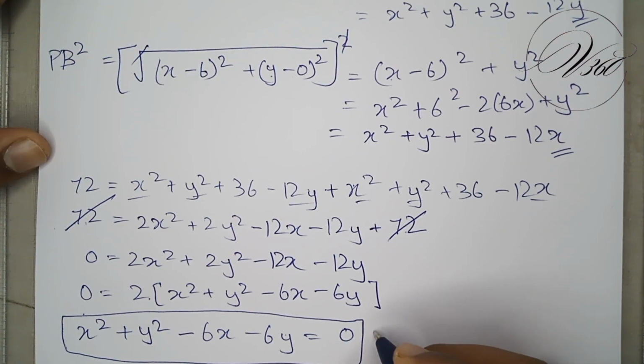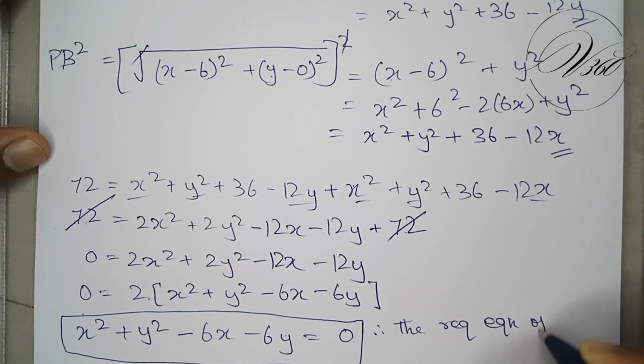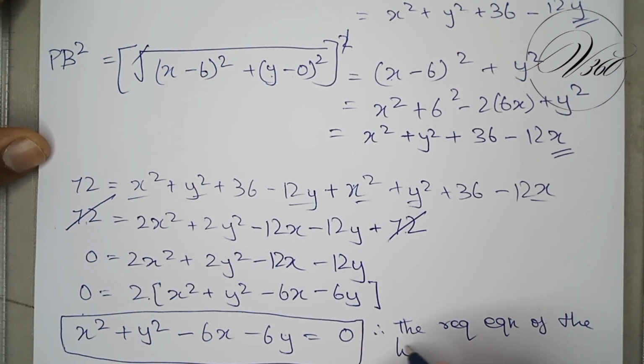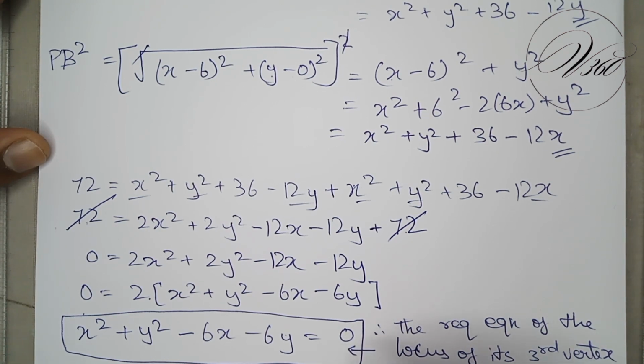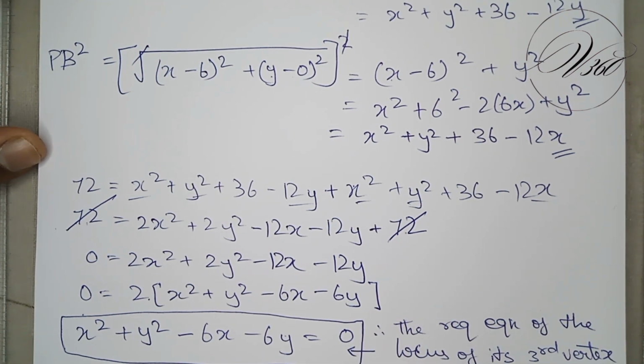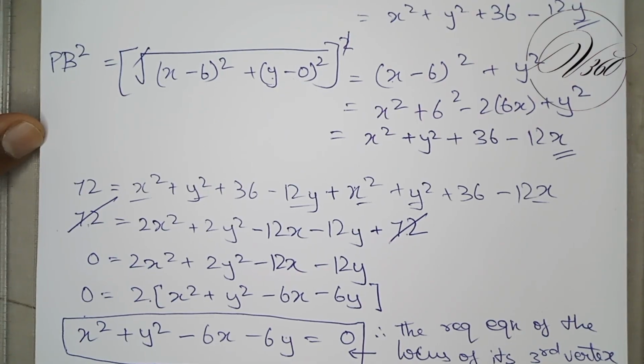Okay. Therefore the required equation of the locus of its third vertex is this. Okay, now we have got the second answer. Now we'll go forward to the third answer, which is